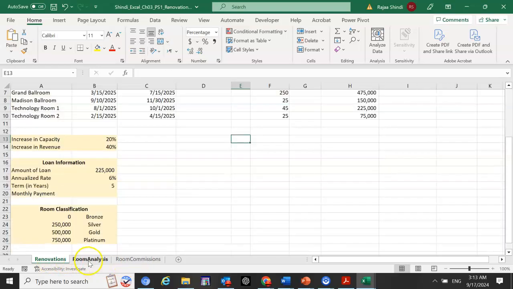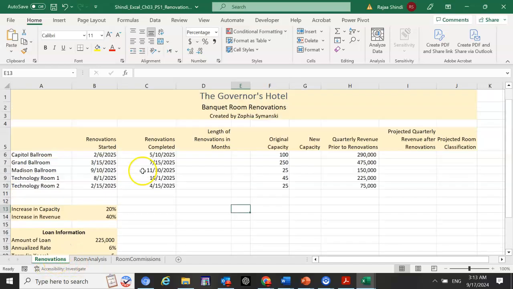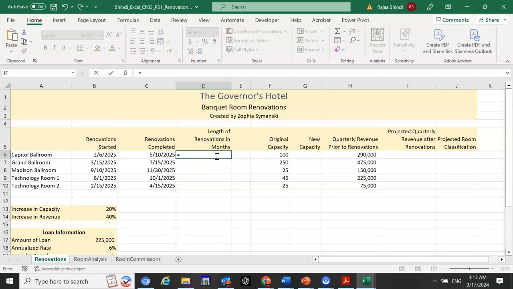and you can see we have three worksheets. So you switch back and forth between the first two. So I'm going to start with the renovations worksheet, in cell D6, to calculate the length of the renovation in months. So this is different than with the one dated. I'm going to use the function DATEDIF